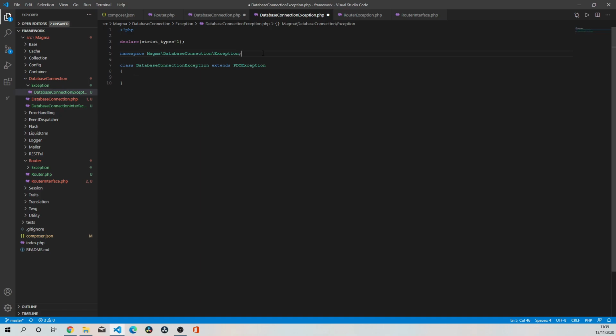And let me pass in the use case up here. So it's going to be PDO exception. And what I want to do is set a constructor method and override that constructor. So I'm going to say public function constructor, and I'm going to define two properties. It's going to be protected message and code,